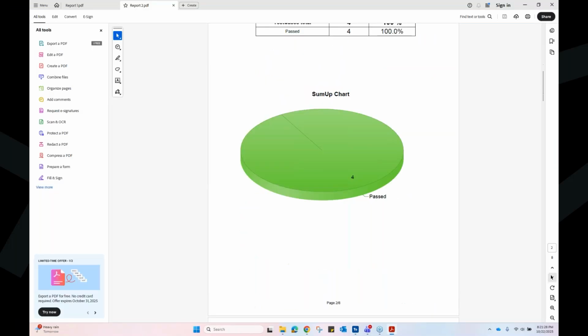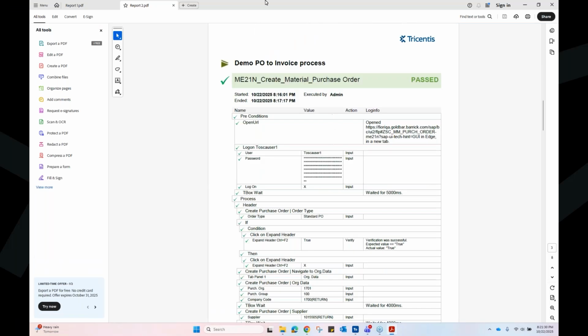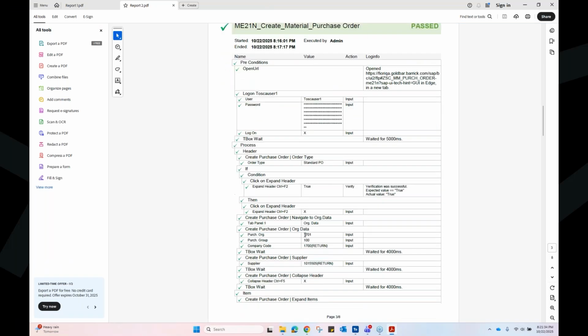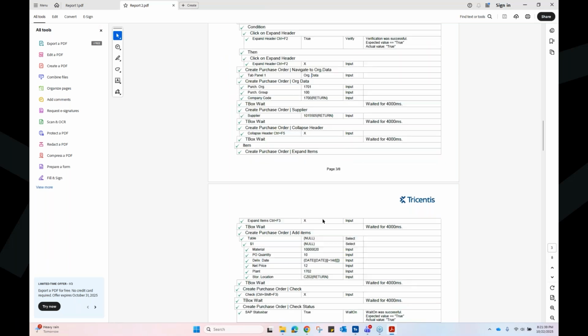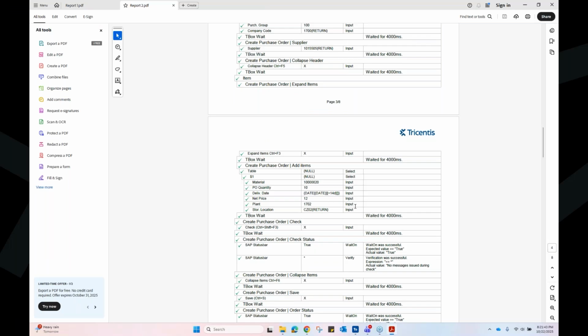Where you can see the detailed information of each test case which we executed. So, for example, the values which we passed. Here you can see the particular organization information, the supplier information, all those informations, the material detail. This is a detailed one